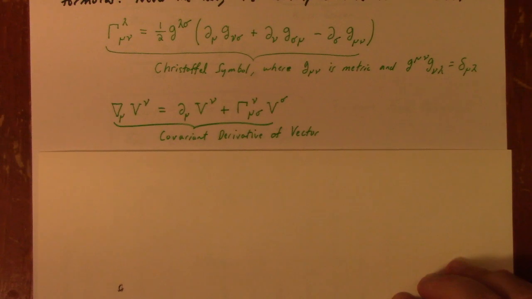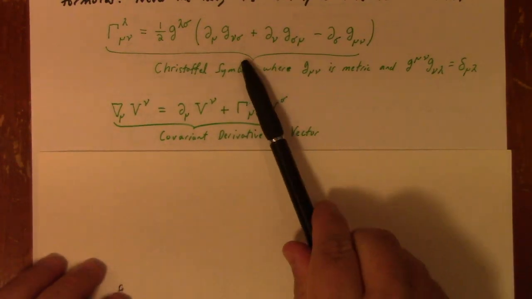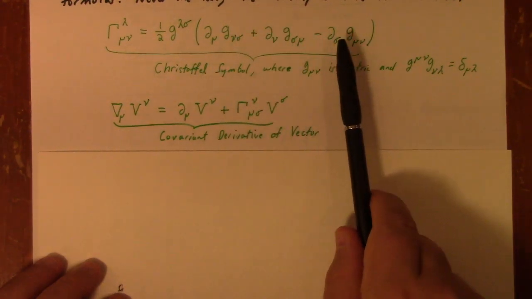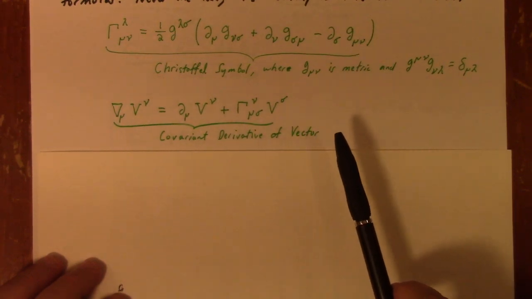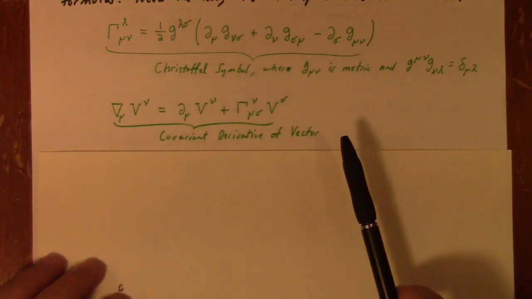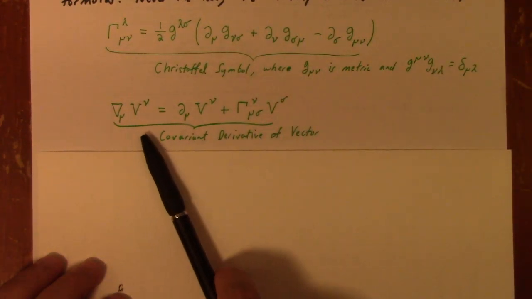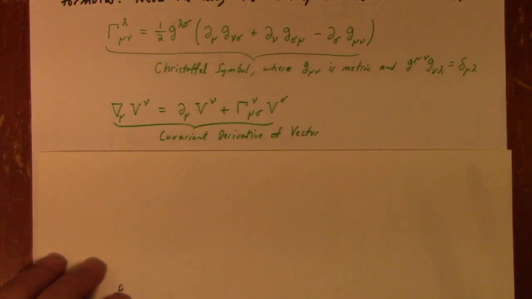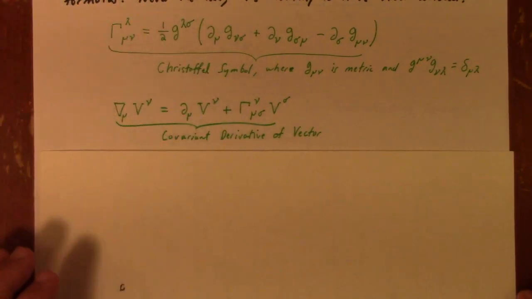I should also say this. In the case that your metric is constant, then these formulas are really boring because it's all zero if the metric is constant over your space. So for a constant metric space, this all drops to zero, and the covariant derivative is just the ordinary derivative. That's a lot of the reason we've never seen these things before this context, because we've always been working in a space where the Christoffel symbols were trivial,